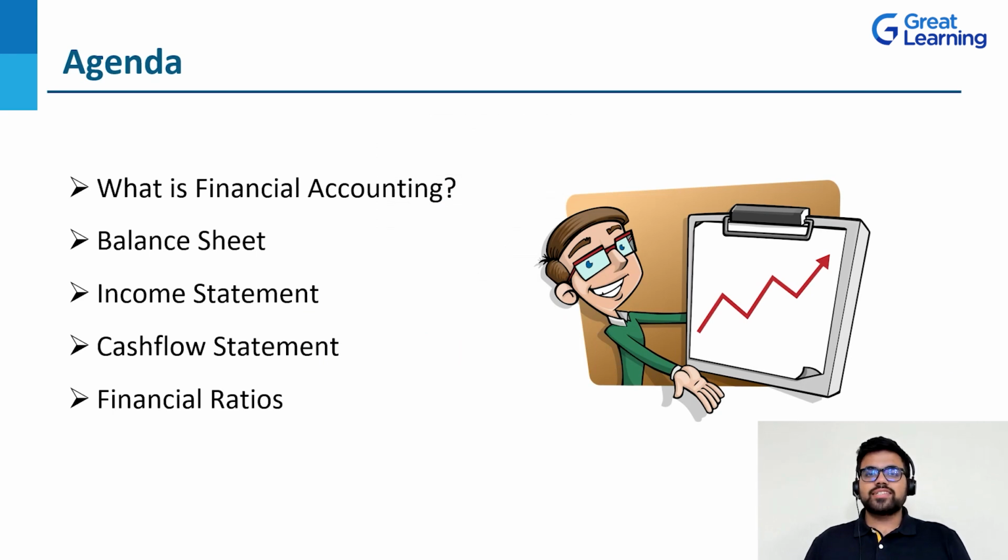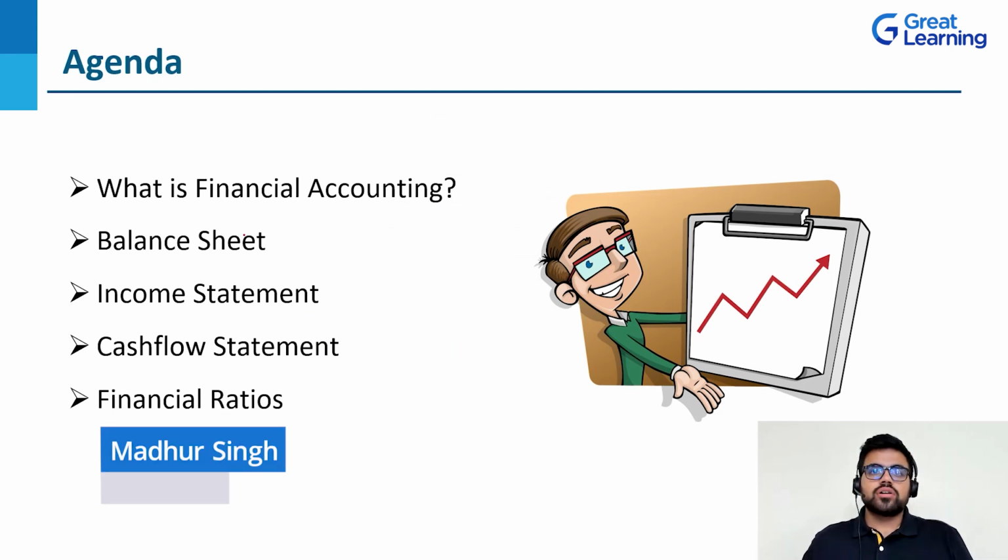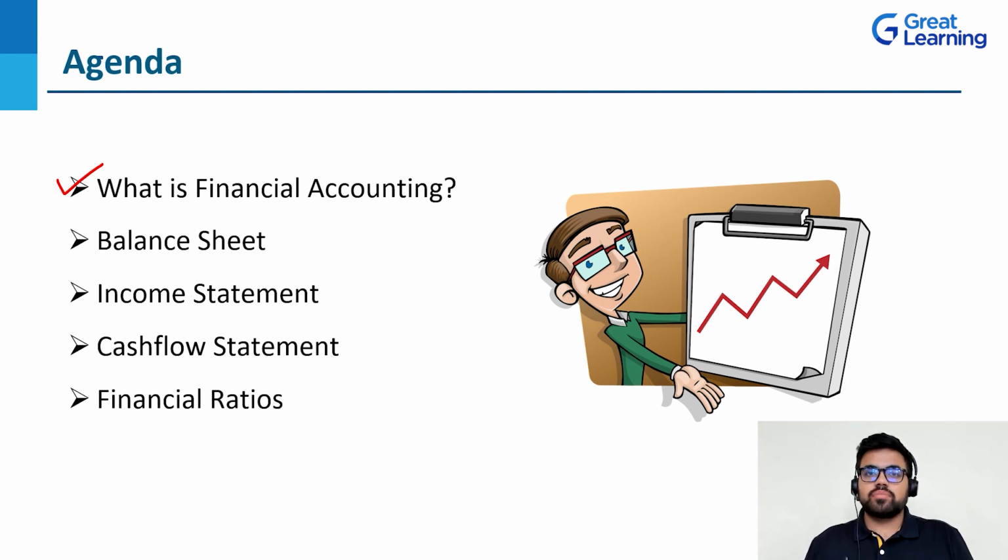Before moving on, let's talk about our learning objectives. So we'll be starting with knowing what is financial accounting and what is the need of financial accounting. Then we'll know about the three main financial statements called the balance sheet, income statement, and cash flow statement. We'll be discussing in depth what the various components of it are and what the uses of all